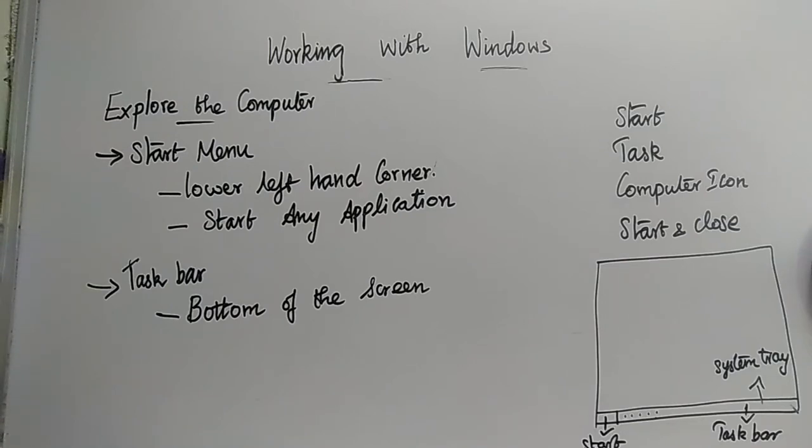What else is it going to have? It is going to have the controls: network, date and time, volume control. Everything will be displayed in the system tray for you. This side you will have the system tray, and this side you will have your start button. The system tray shows date and time, whether you are in the network or have a net connection, and the volume control. Clear with this one?